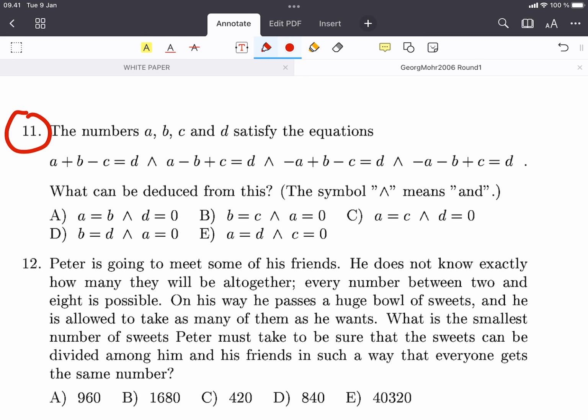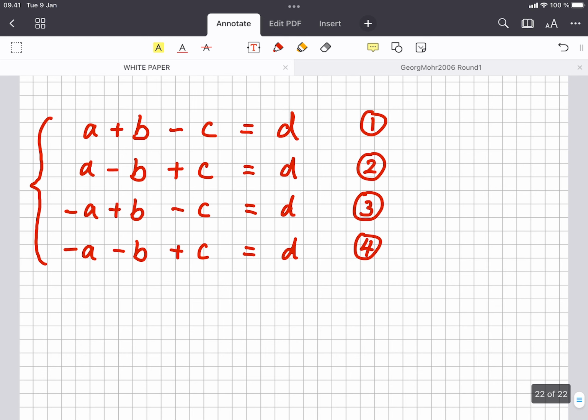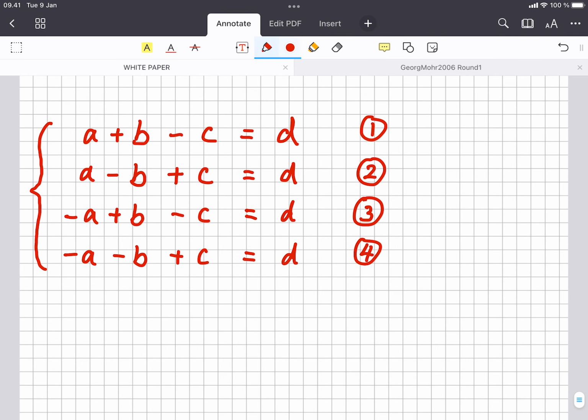So I'm going to look at these simultaneous equations on my paper here. I've written them out already, and I'm going to try and eliminate some variables. So I've called the equations 1, 2, 3, and 4. And then I noticed that they've all got a's, b's, and c's, but some have got plus and minus the same thing. So, for example, if I take equation 1 and equation 2 and add them together,